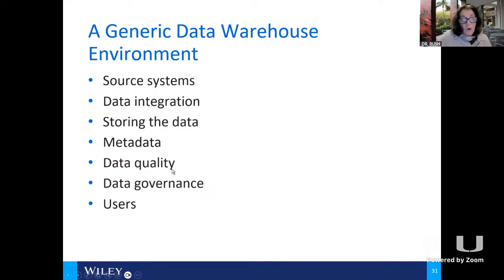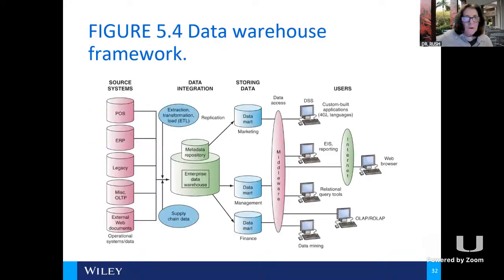Data quality, is it good quality? If it's not good quality, Marco, guess what? I'm using the data warehouse to make some predictions, right? And if I can't rely on the quality of the data, it's going to be useless. And data governance means what? Who is in charge of that data? What data are we going to put into the data warehouse? You remember some data warehouse, if it's going to be for, let's say, medical terms, some data we can't even store, maybe identifiable data for some clinical trials. And basically, who's going to be using that data? And this is the description of a data warehouse